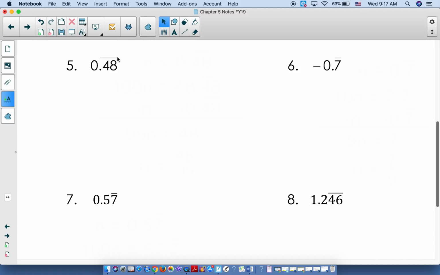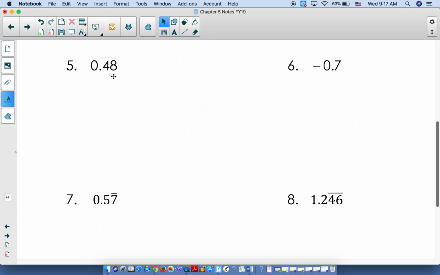We can't put it over 100 because if we put it over 100, then it would just mean 0.48, not 0.48 repeating. So that repeating symbol brings a little bit of some issues here that we have to now use some of our algebra skills to go with. So what we do is we set up an equation and we just make